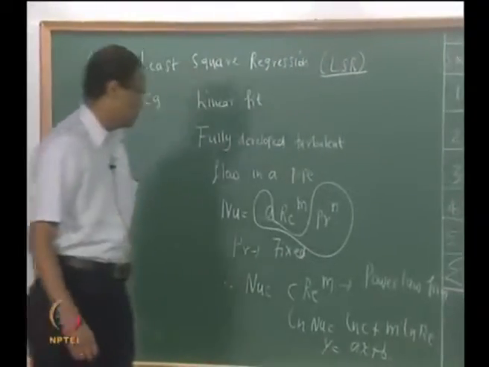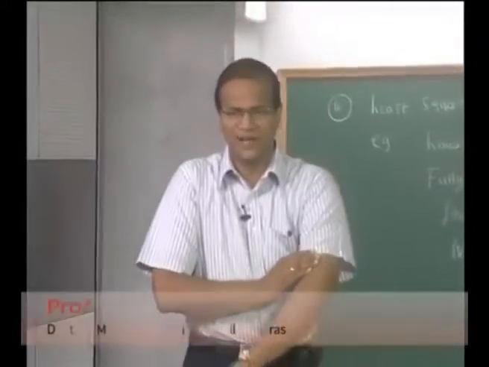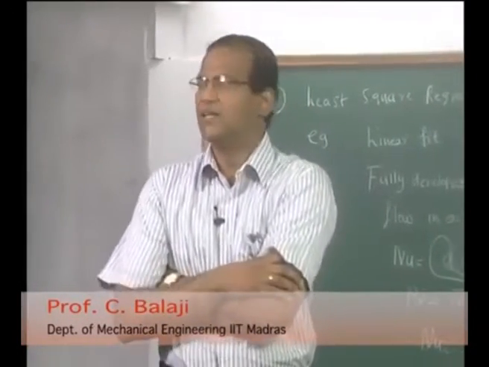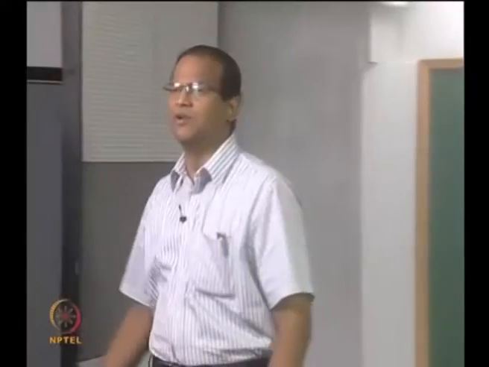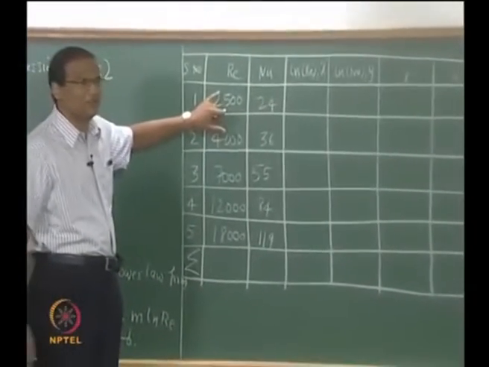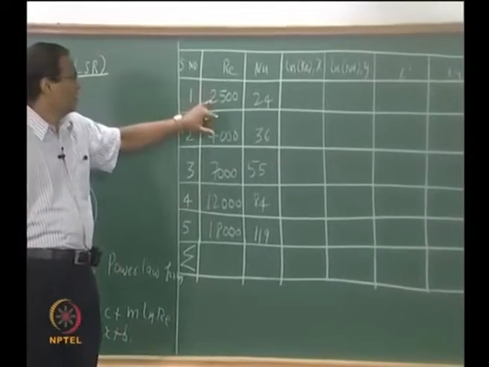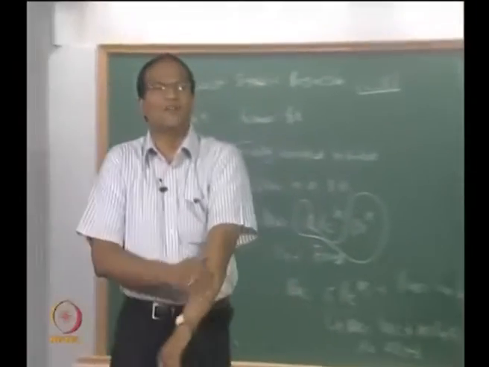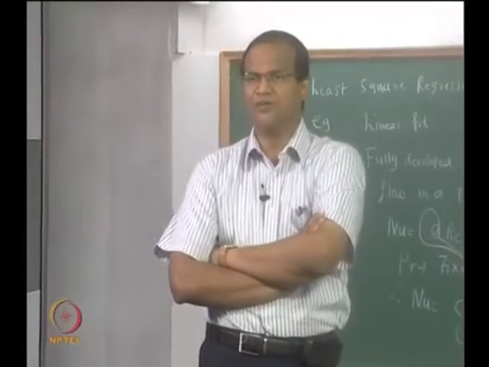So it is possible to take natural log on both sides and reduce it to the form y is equal to ax plus b, and I gave some typical data. I gave results of a hypothetical experiment which we conducted by varying the velocity and then determining the heat transfer rate, and from the heat transfer rate we get the heat transfer coefficient, then we converted it to Nusselt number using thermal conductivity and all those stuff. Then I gave 5 representative values, Reynolds number varying from 2500 to 18,000, and the Nusselt number is appropriately varying. I started with Reynolds number 2500 because Reynolds number 2300 is the limit for transition to turbulence for a pipe flow.